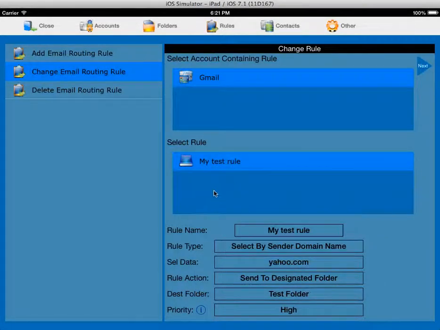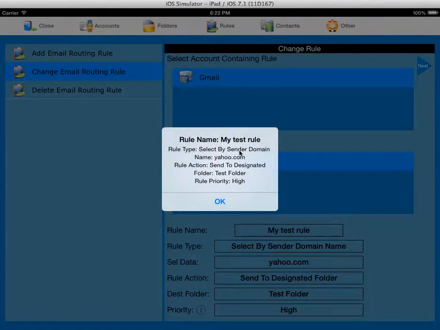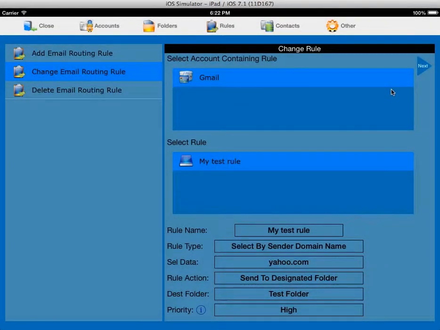You may have a lot of rules in this list, and all the details about that particular rule will show up here. A little summary of that rule can be had by tapping on the little information button that I'm pointing to now, and it's just a quick summary of what you see here. Okay, so in this case, if I wanted to change this rule to something else, I could select it as I have done here. I could tap on the next button in the upper right,